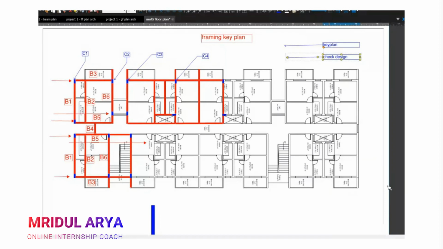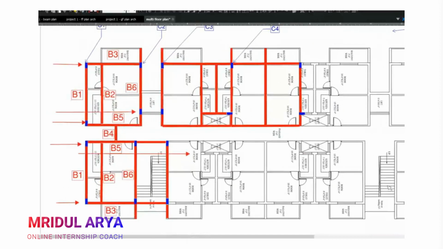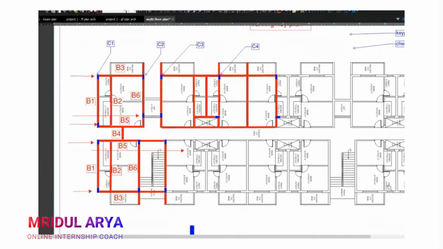That was the perspective of a checker, and now the perspective of a designer. When I have already created these things, I know that if I design this specific block, this block will automatically be designed. Okay.